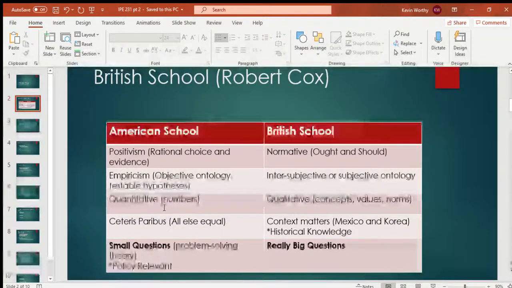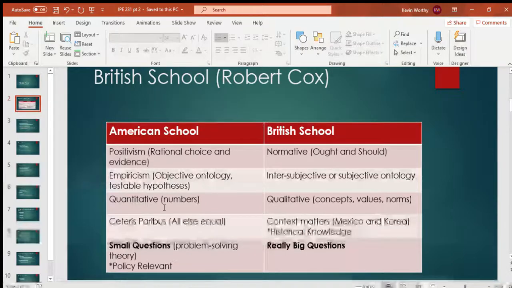The next part is context matters, right? And I'm using Mexico and Korea for examples. They both have second-tier economies, and I don't mean second-tier as like underdeveloped. I mean, they're not China or the US, right? But they have solid economies. They're growing. They've improved. They've industrialized, right? They're an advanced economy, right? There's a lot of factors going through this, but if you look at the way that Korea develops and the way that Mexico develops, very, very different, right?